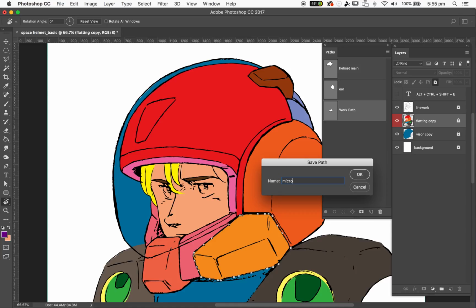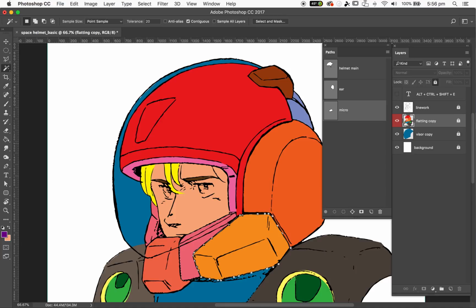Micro, and hit OK. And so on and so forth. So ultimately what you want to do is select each area using your wand tool from your flatting layer and create a new path for them. So let's just do one more for a demo and call this one